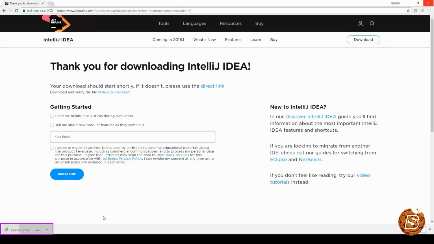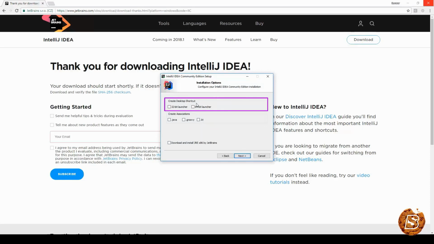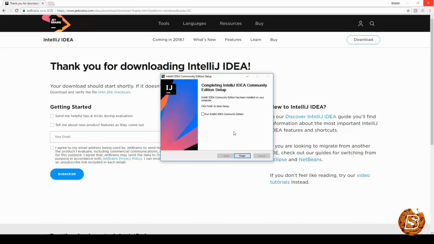Once it's downloaded, just click on it, and then you can click on next, and here you can choose the directory where you want to install it. Click next, and here you can create shortcuts as well for 64-bit as well as for 32-bit, and we can also have associations created for Kotlin, and you can then click on next and click install. Here the installation has begun, and soon it will complete as well. Once it gets installed, you can simply select this one, run IntelliJ IDEA Community Edition, click on finish, and here